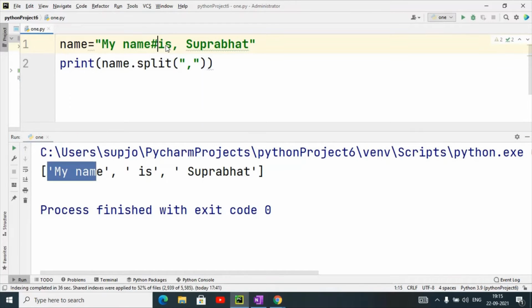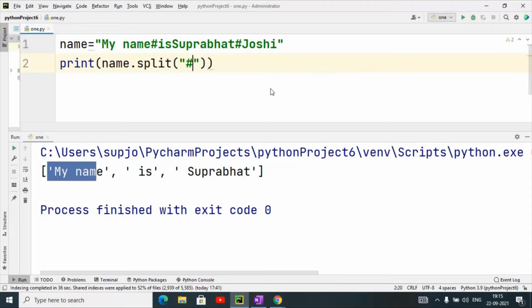Suppose I have given has here, and I have given is Suprabhat, then I have given has character, then I have taken juicy. So now I am giving the splitting criteria on the basis of has.